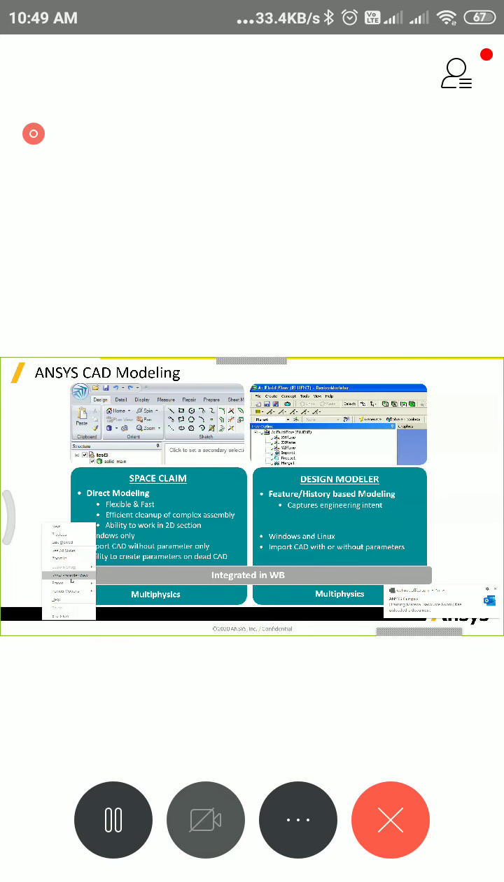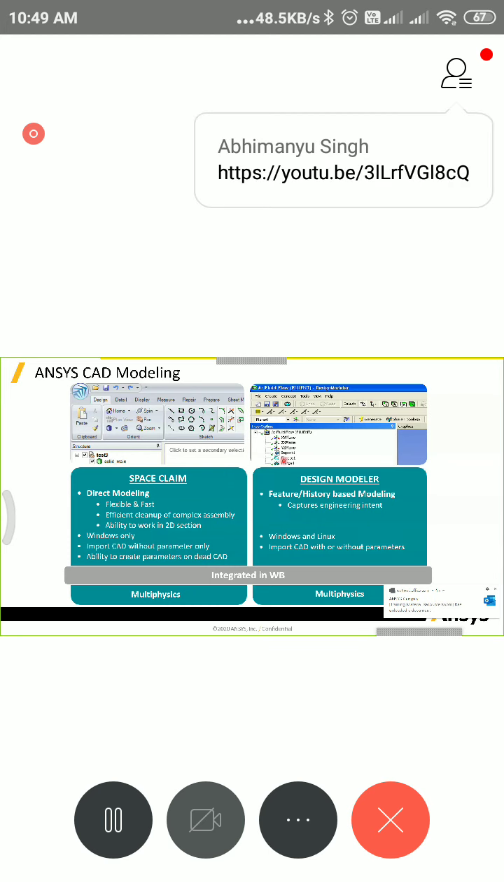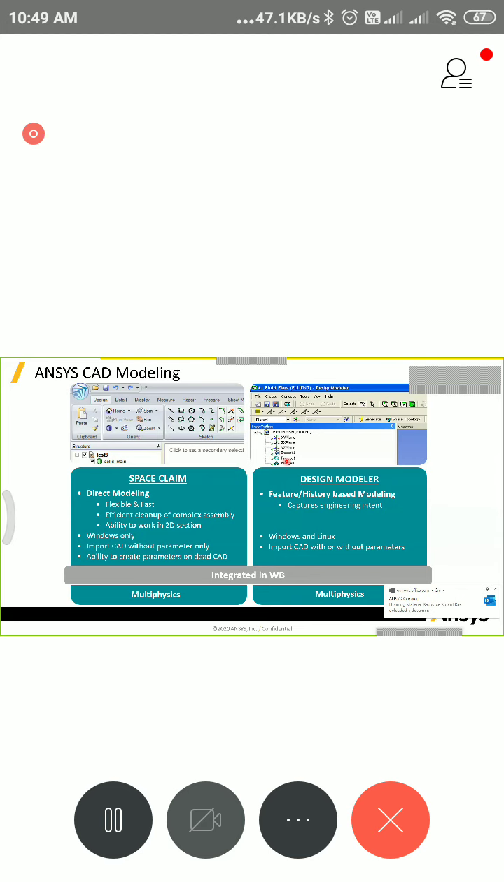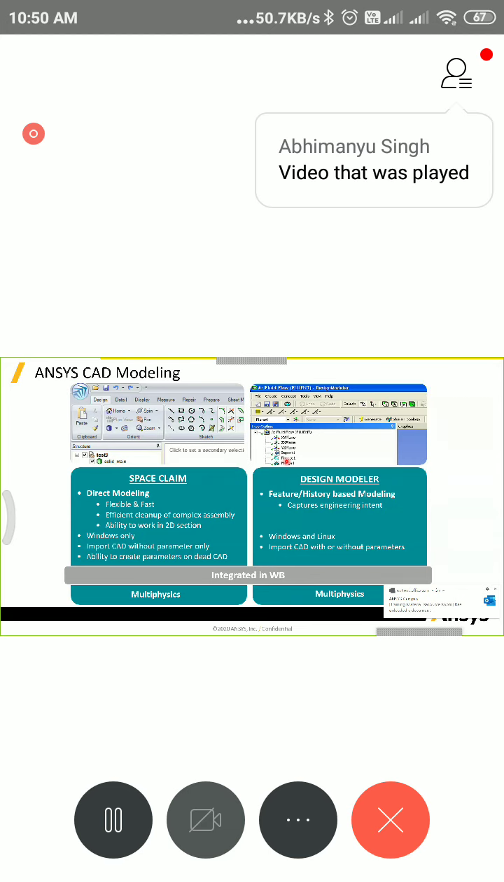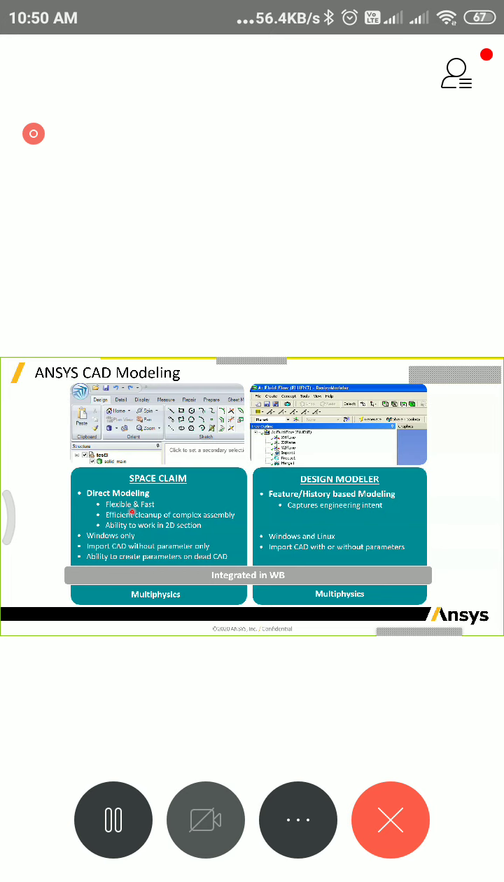So SpaceClaim is a direct modeling tool. As the name suggests, it's a direct modeling capability, so it will not have any history-based modeling. If you see the other end, DesignModeler is history-based. Whatever operations or tools you have performed will be recorded one by one in your model. Whereas here, whatever operations we do, it will be flexible and fast enough,